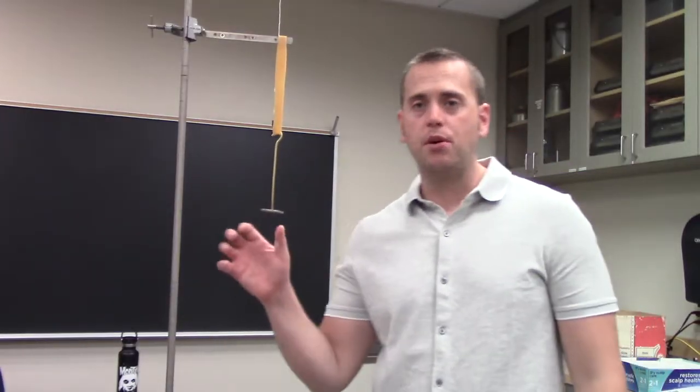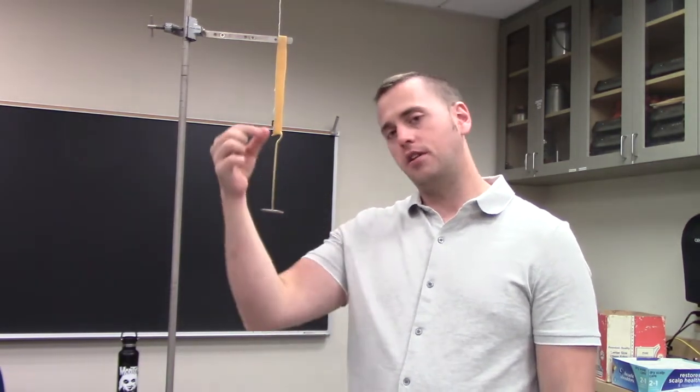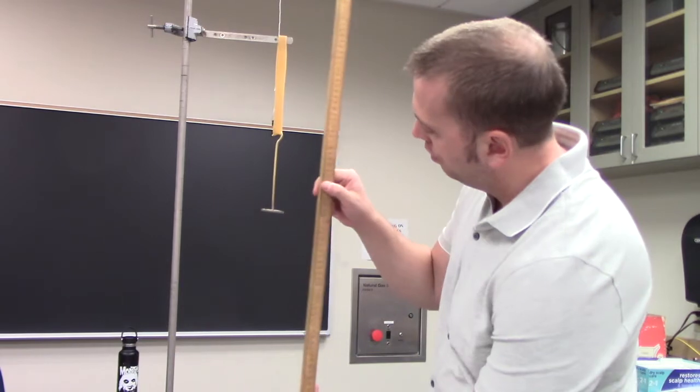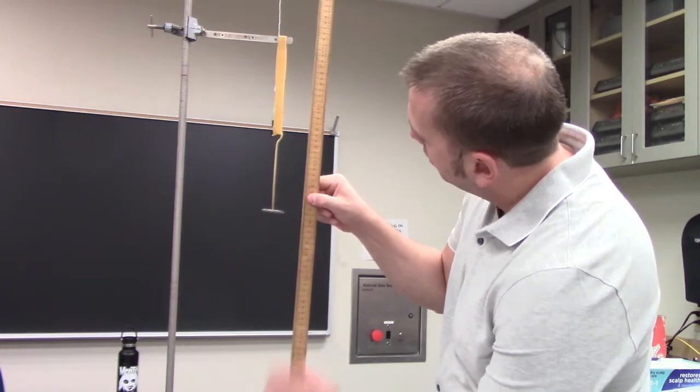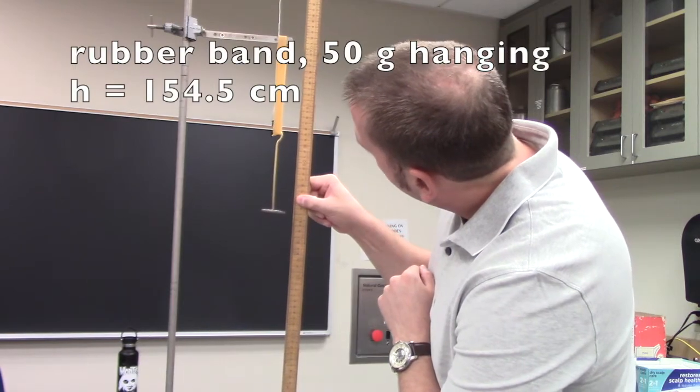Right, so the next part of our experiment is to investigate the relationship between the applied force and the deformation for a rubber band. Okay, so we're going to start this way. I have a 50-gram weight holder hanging off the end of the rubber band, and what we're going to do is measure from the floor to the bottom part of the rubber band right there. We're going to measure that height, and what I'm getting is